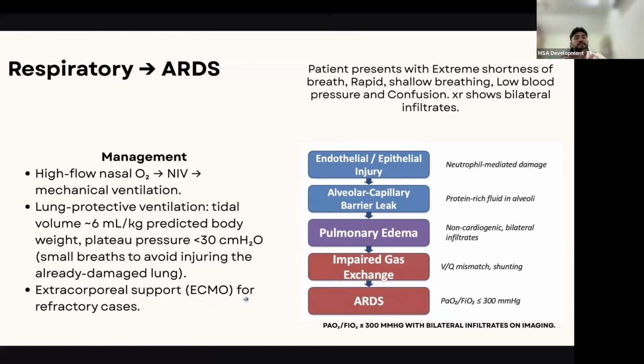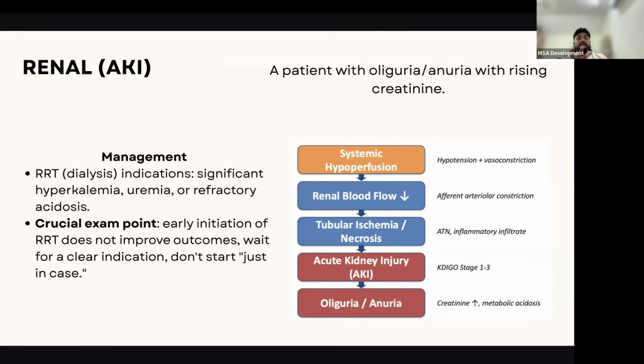So basically, the takeaway from this slide is you just need to pick up that the patient is actually having ARDS and how does it happen. So usually due to pulmonary edema that happens secondary to the alveolar capillary barrier basically breaking due to neutrophil mediated damage. Easy. Renal. So a patient is going to present to you with oliguria or anuria, even like no urination